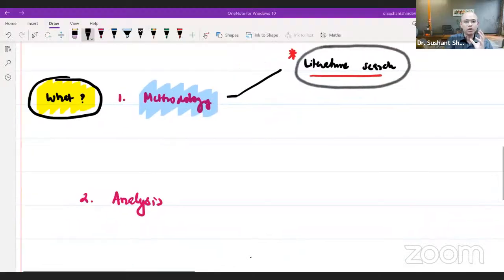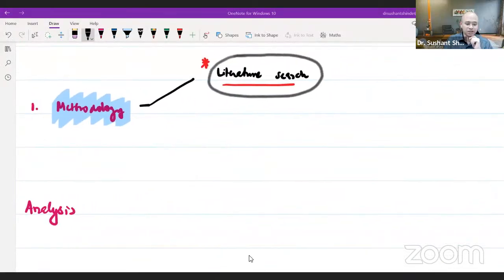Still worse, sometimes you might actually take up a paper which is actually a bad paper, right? And you just believe in it because you couldn't find anything else. So literature search becomes a very important part of methodology. Again, I'm going into what you need to know. You need to know literature search.